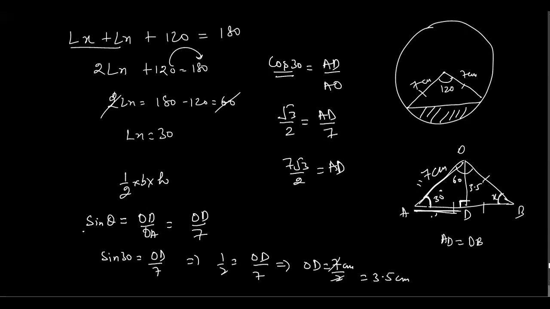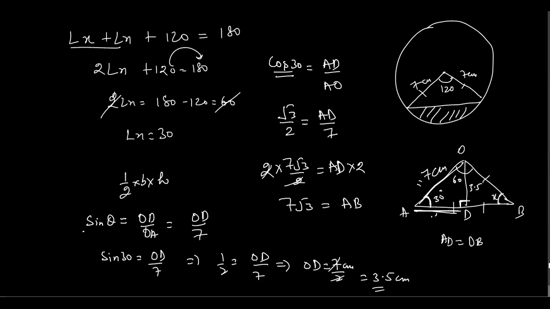But you don't need to find out the value of AD, because AD का एरिया नहीं निकालना, आपको पूरे ट्रायंगल का निकालना है. And you know very well कि AD जो है वो, sorry, AD is half of AB. So if you multiply it by 2 and here also by 2, you will get AB. So AB will be equal to 7 root 3. Now you got it. This is 7 root 3, and you know this height is 7 by 2.